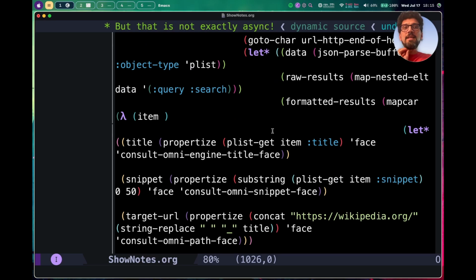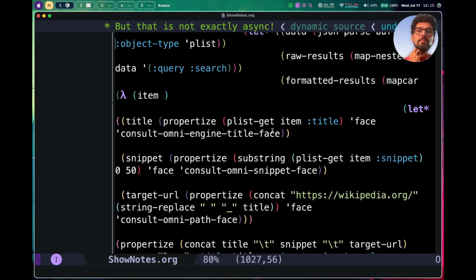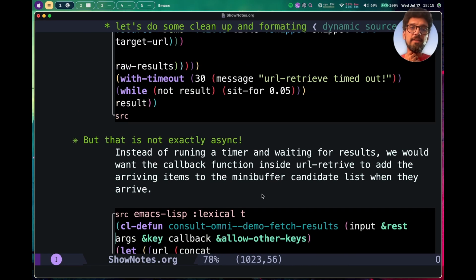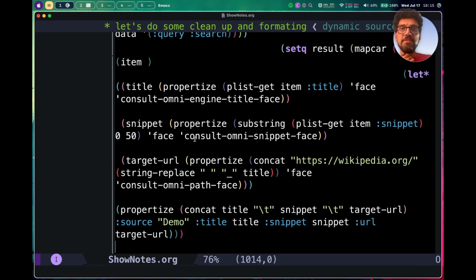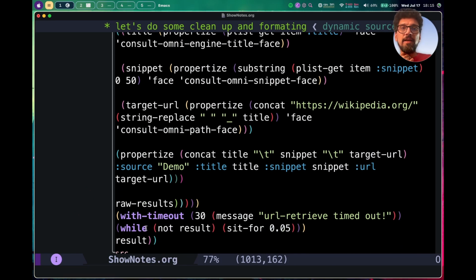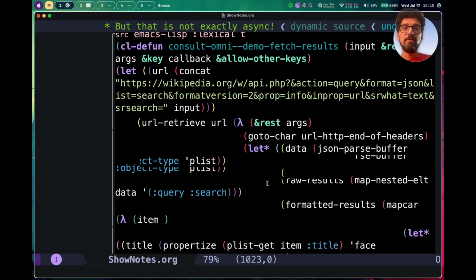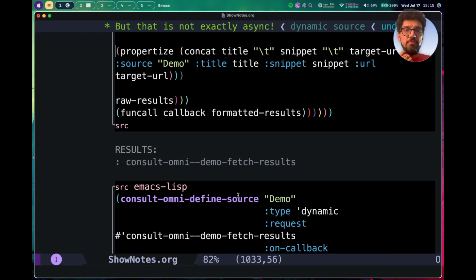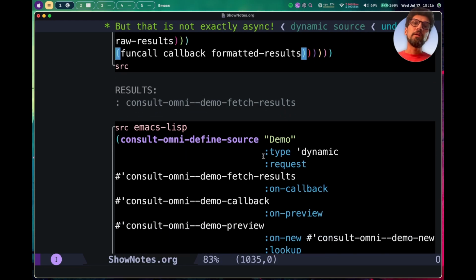But it has the advantage that we are not waiting for setting this result and then going back and adding. As soon as the results arrive in this callback function, they will get added. So the difference is very subtle in this specific case, but